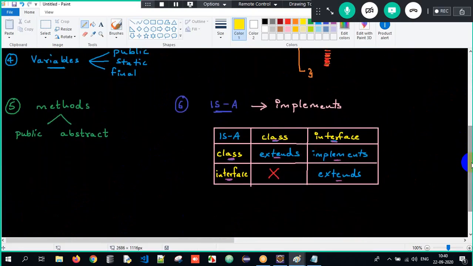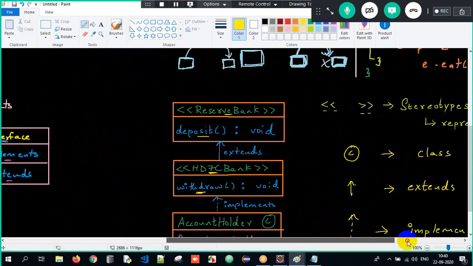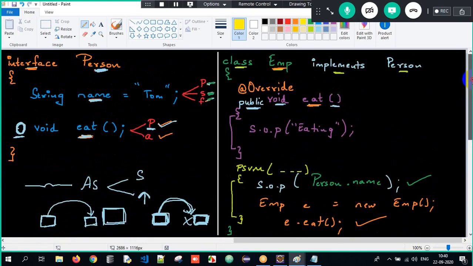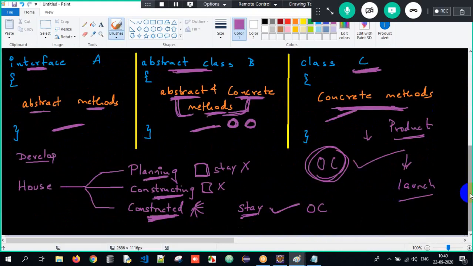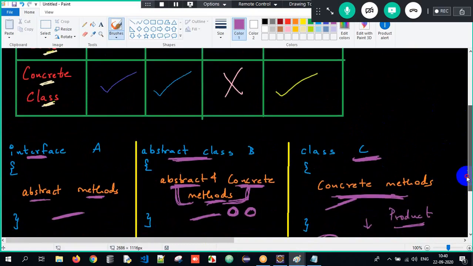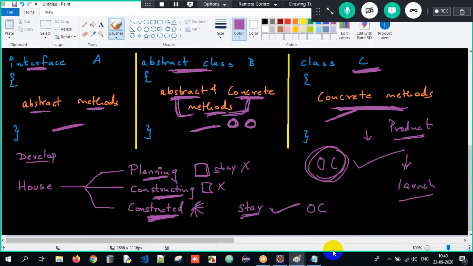And we know the is-a relationship as well. I have given you the UML notation of how we develop a Java program and represent it pictorially. We also saw one beautiful example. Later we saw the differences between interface, abstract class, and concrete class, and I gave you an example about when we choose what. So this is all about it.